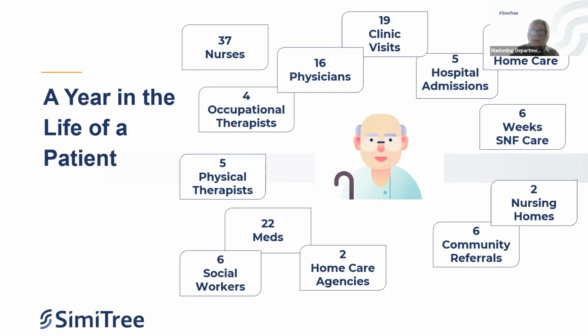And while we all know that everyone involved is well intentioned, a lot of times there's not a lot of collaboration, and sometimes even different messages about how to manage the different chronic diseases that this patient is going through. So when we look at this, I like to give this patient a name, since I'm going to refer to him a little bit more. So we're going to call him Mr. Earl.